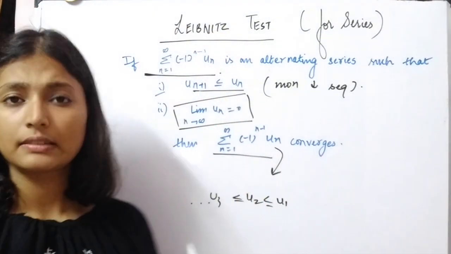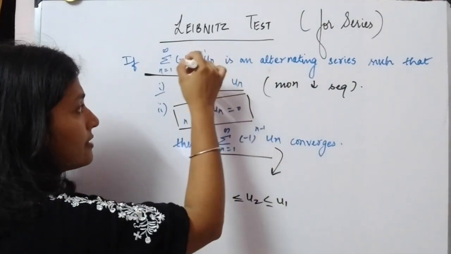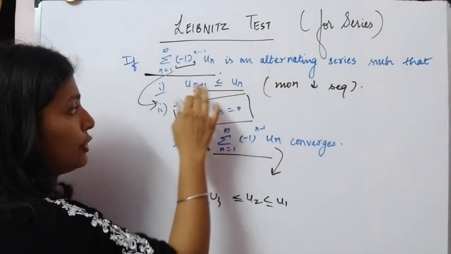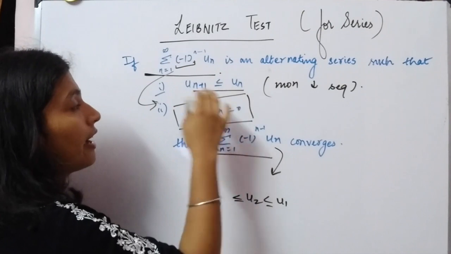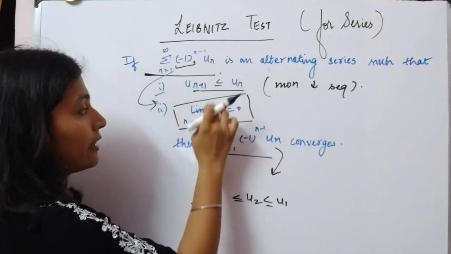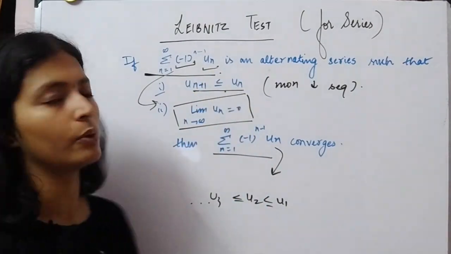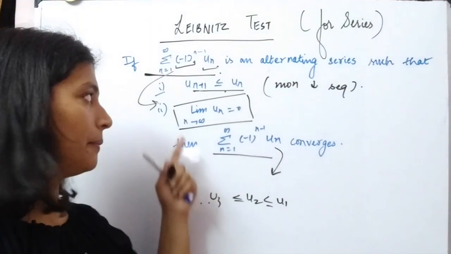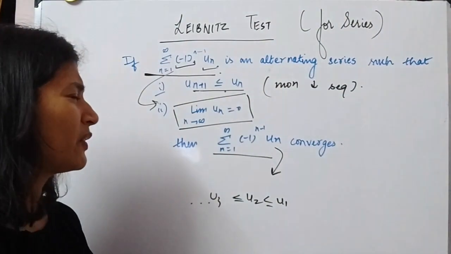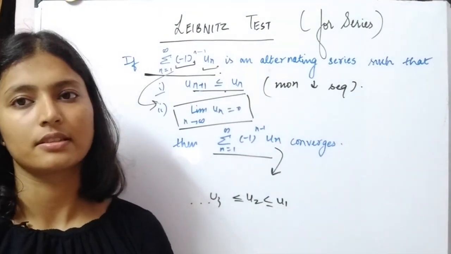If these two conditions are satisfied, then we can say that this alternating series converges. Let me repeat: when we are talking about alternating series, we often consider the sign while checking these two conditions. You should remember that when applying the Leibniz test, you have to ignore this sign for some time and just check that un is decreasing and un goes to 0 when the limit n tends to infinity. It's a very simple test. All you have to see is whether it's monotonically decreasing and the limit, and then you're done. You can say it's convergent.